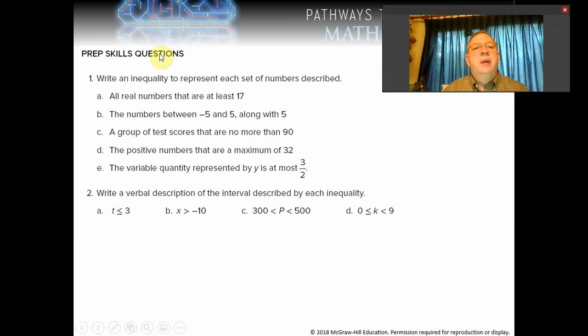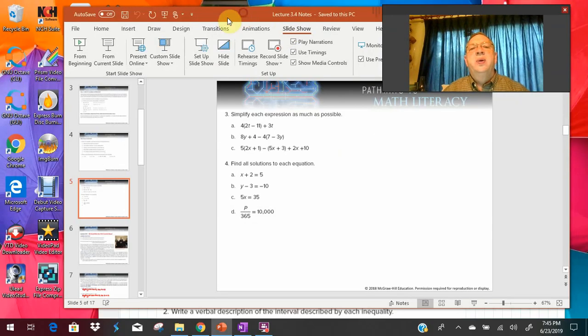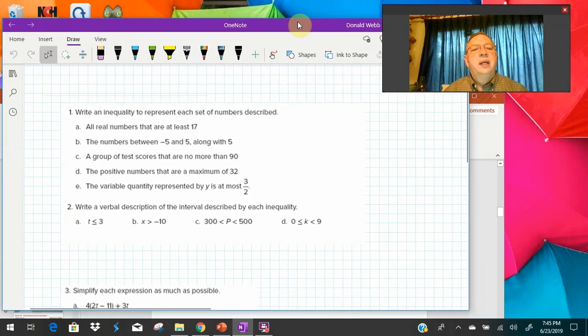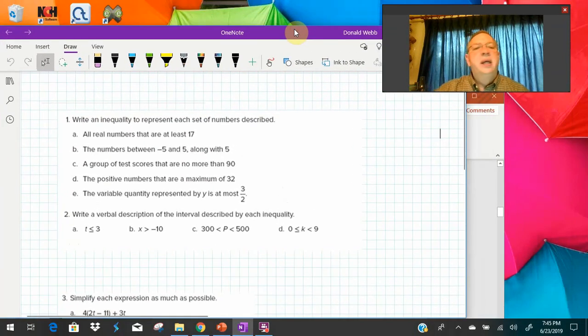So here is some prep skills questions. Let's switch over and I'm going to expand these out. Let's see if we can work here. So hold on. I'm going to go over to my OneNote. And let's see if I can go over to the side and kind of work these through. So this one right here,